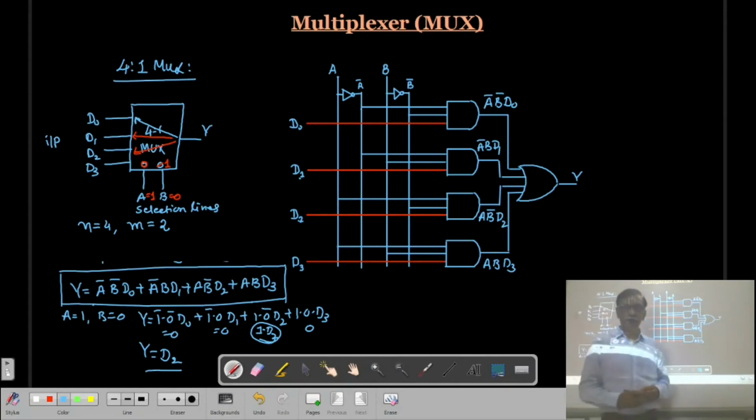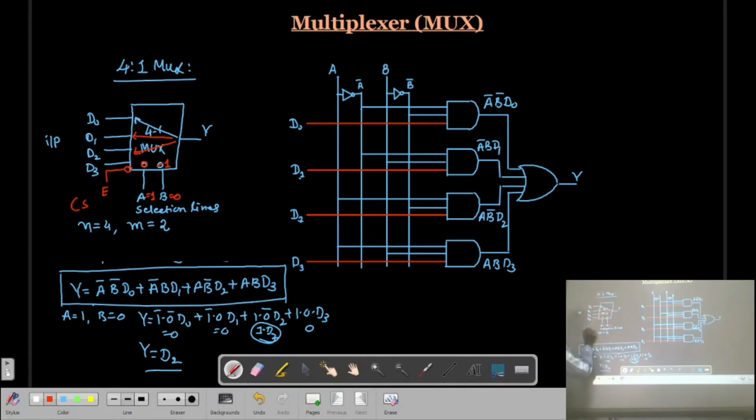Now, sometimes we have a facility in a multiplexer that is called enable or disable. Sometimes you want to enable the multiplexer or you want to disable the multiplexer. You do not want any kind of multiplexer action. Then also we have this kind of selection, and that we can add by adding one more pin, and it is known as an enable pin.